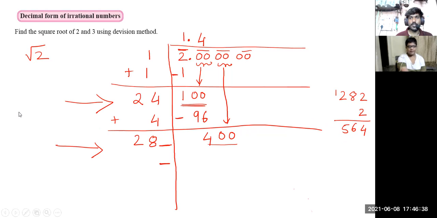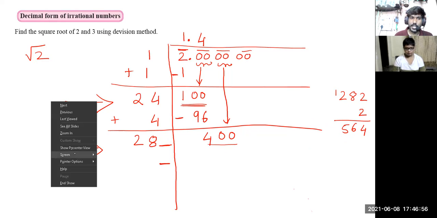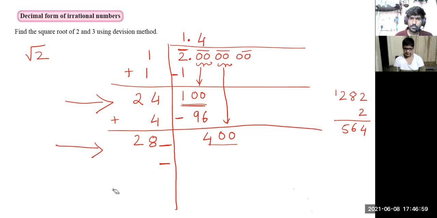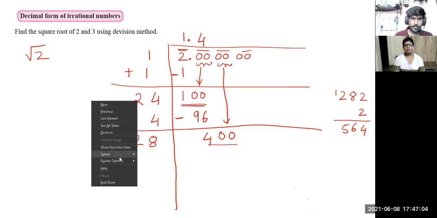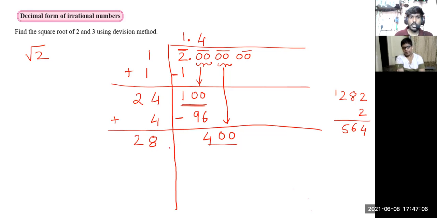If not 2, then do we have to use decimal numbers here? Or we use 1. 1, yes, 1. Decimal, no, not decimal. 1 is the only option, right? Because if you multiply 281 with 1, you'll get 281. And that is lesser than 400. So we'll take 1. Did you understand? Yes or no? So I'll write here 1 and then plus 1. Here also you'll have to put 1 and here 281.